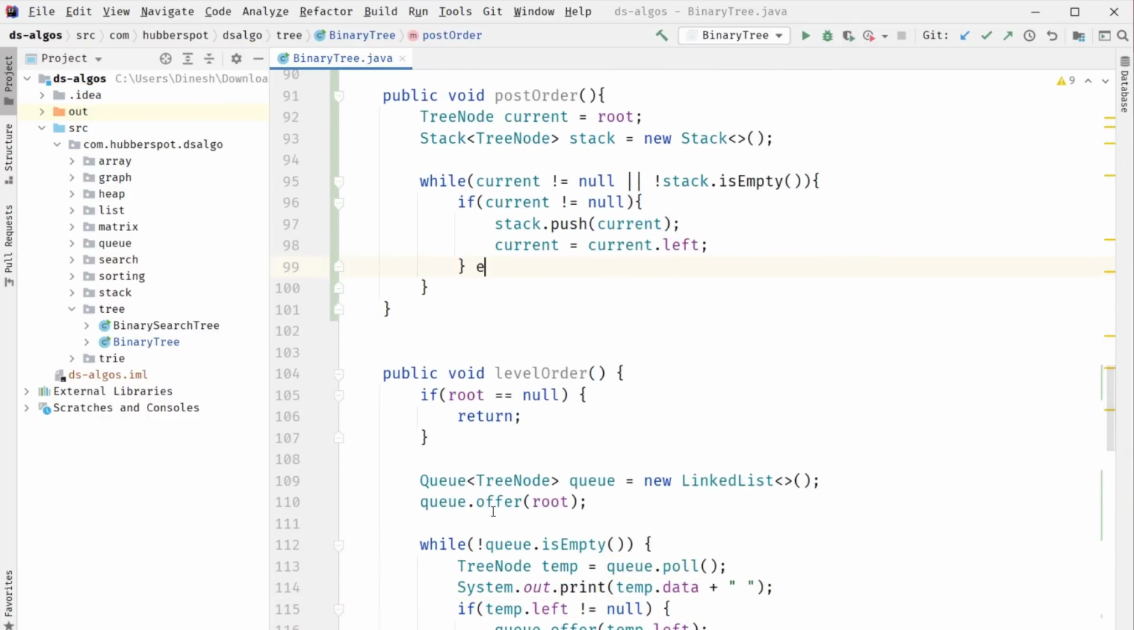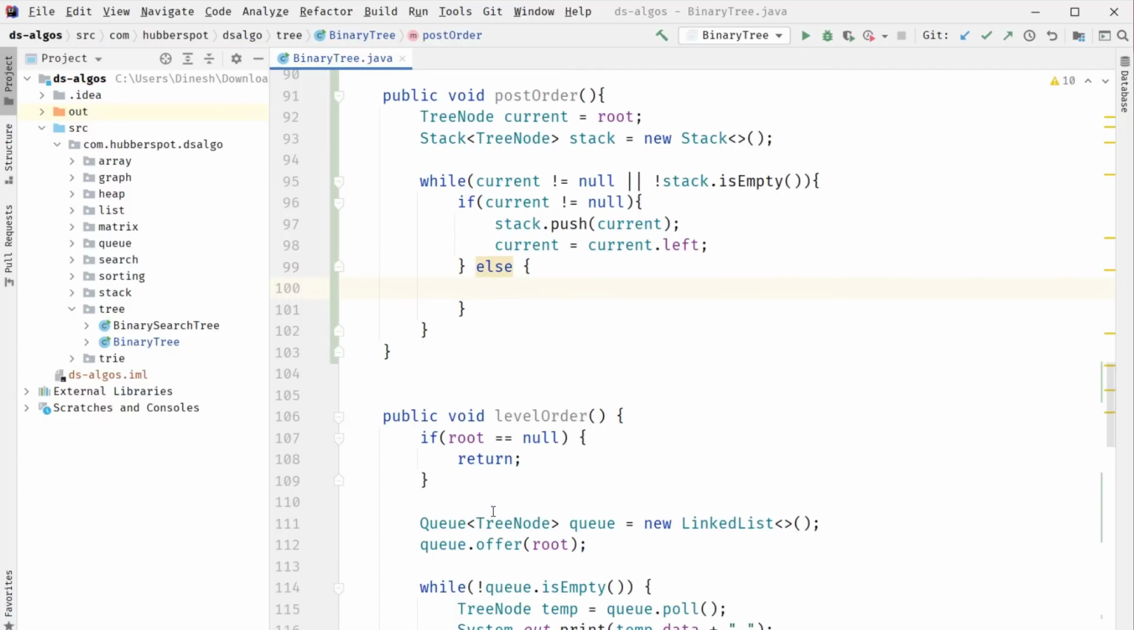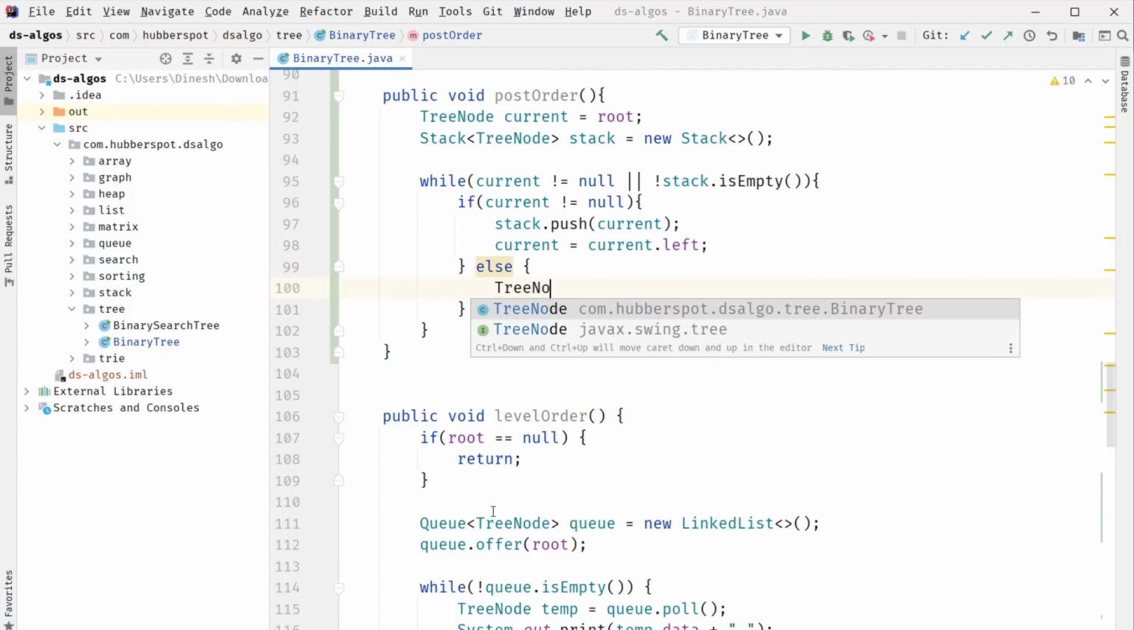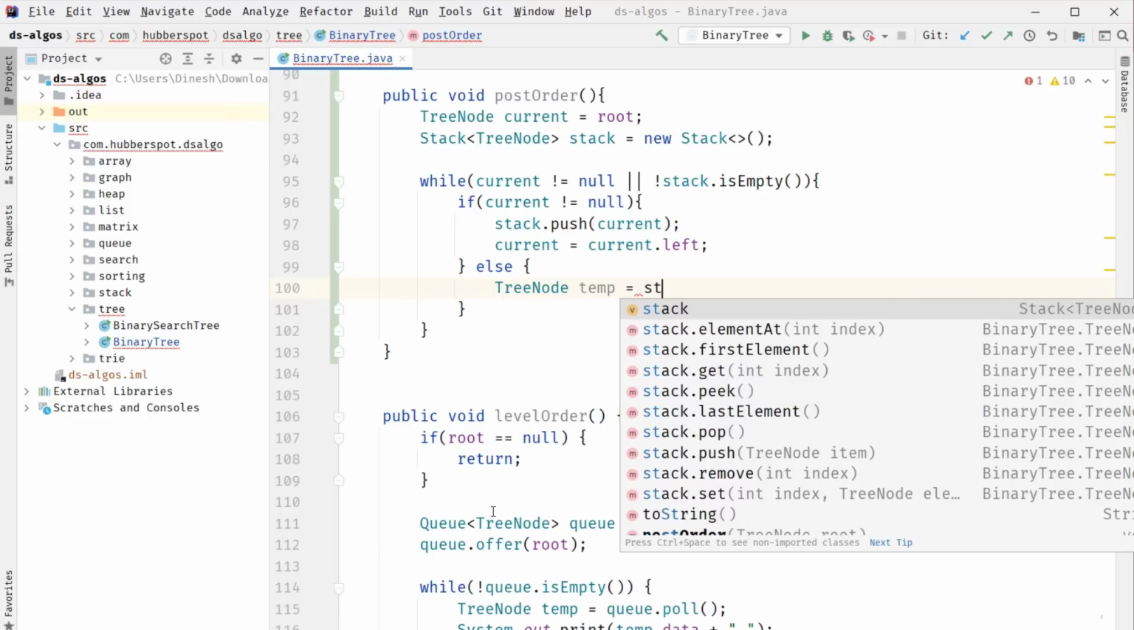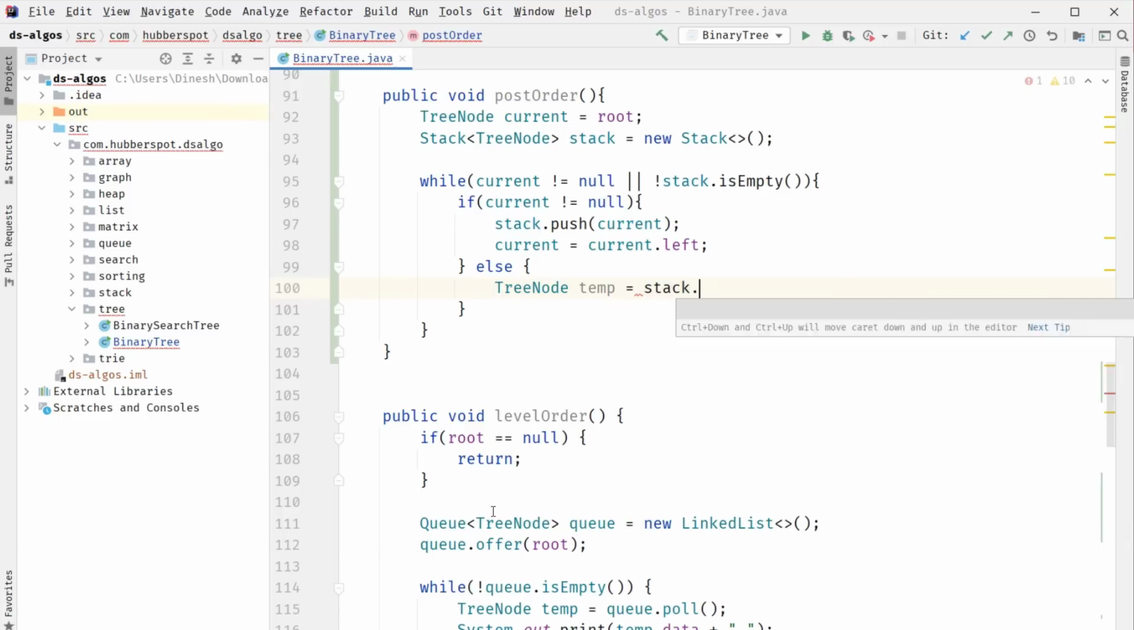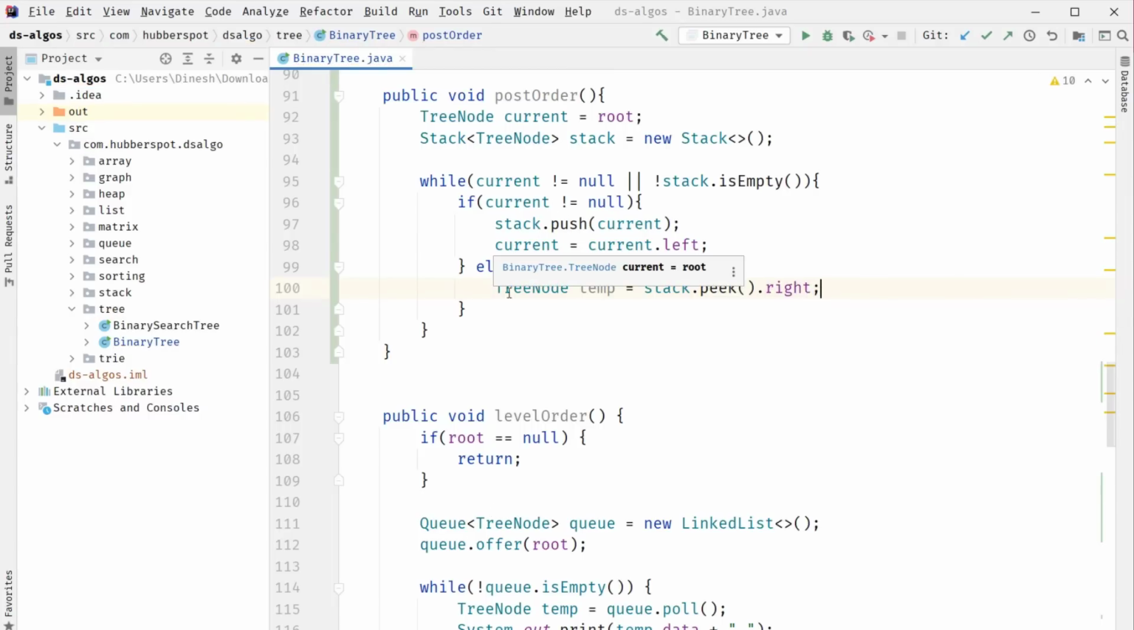And if current is equal to null, then we provide the else part, where what we do is we create a temporary node and we assign the stack's peek value to it. So friends, here if the current is pointing to null, then we need to follow these steps to identify